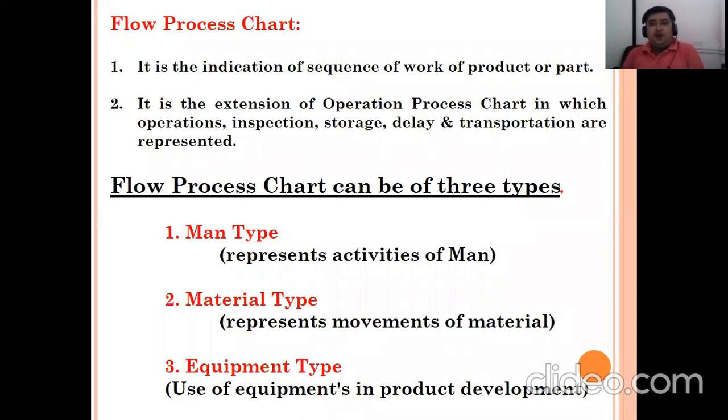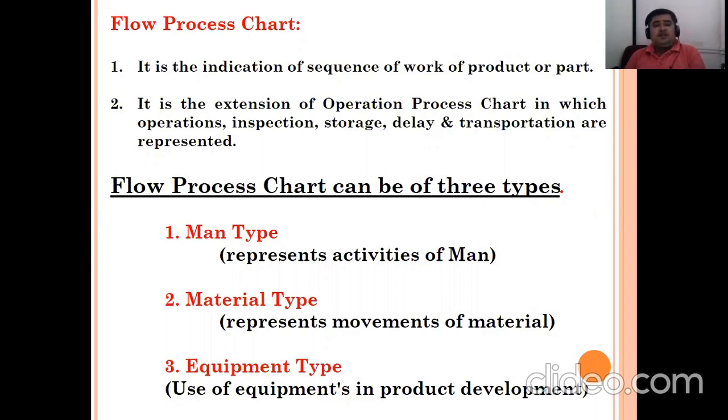We cannot say stored, but we can say kept. Then material is loaded to the machine, operations are done, inspection, and then kept into store. So we have to think from the material point of view.